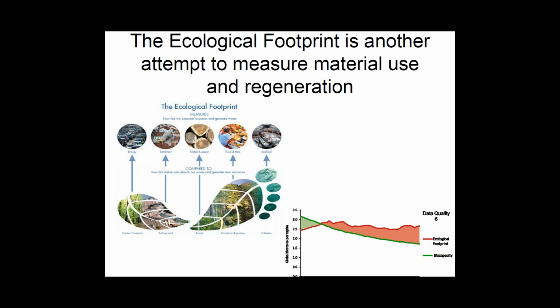And so it's broken down into a couple of different areas, which is basically carbon footprint, built up land, land that's been converted to non-productive use, so cities and that kind of stuff, forestry land, croplands and pastures, and fisheries. That's the stuff that nature provides, and then there's the question of our footprint on that land and how we use it.